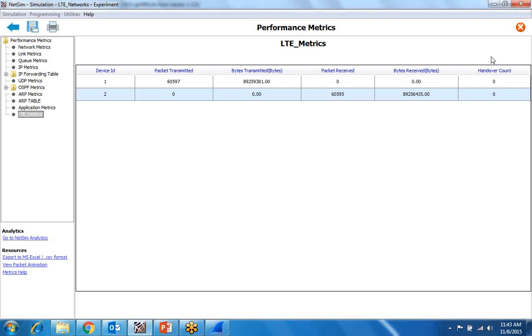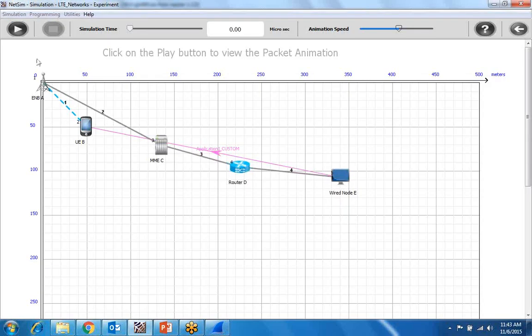There you can see the devices, device 1 and 2, and we can see the bytes received, packets received, bytes transmitted. All the details we can have in LTE metrics. When you see the packet animation, you will see how our data is transferring from node 5 to 2.